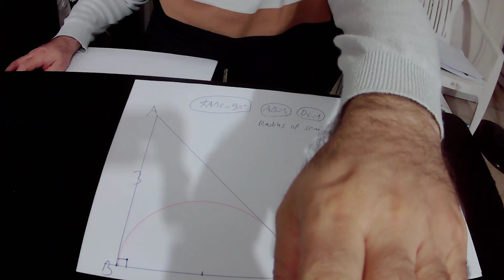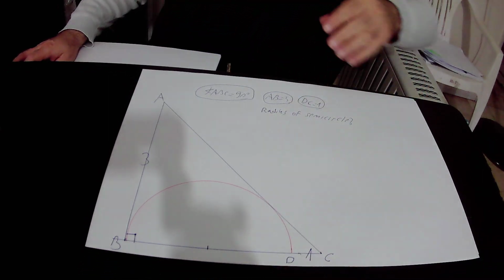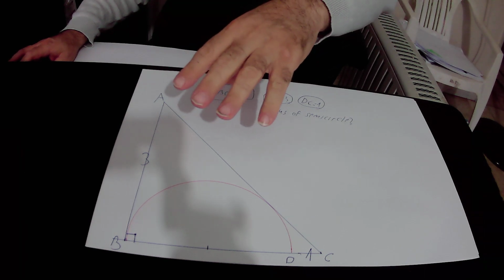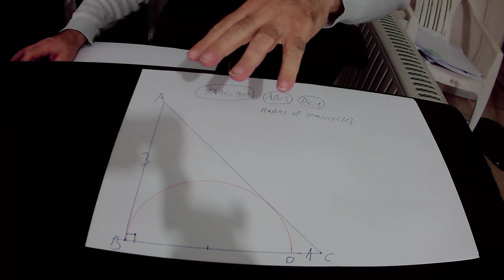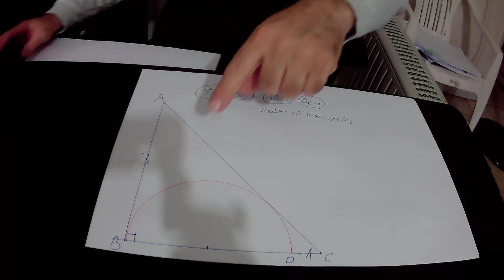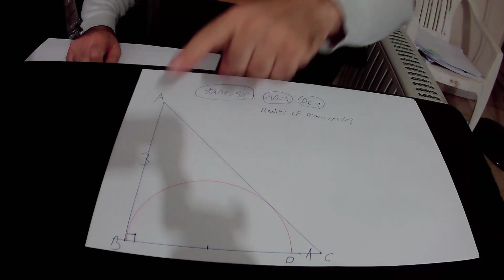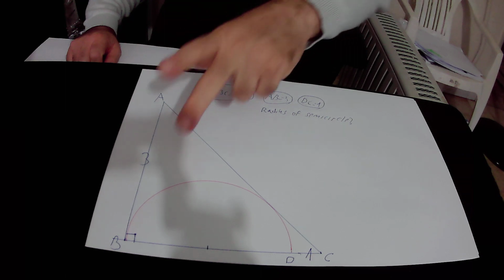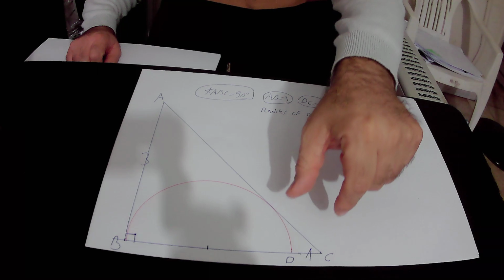Now in this lecture we will find the radius of the red semicircle. In the drawing we have triangle ABC. Triangle ABC is a right triangle. Angle ABC equals 90 degrees, this angle, and side AB of triangle ABC equals 3 units, line segment DC equals 1 unit,